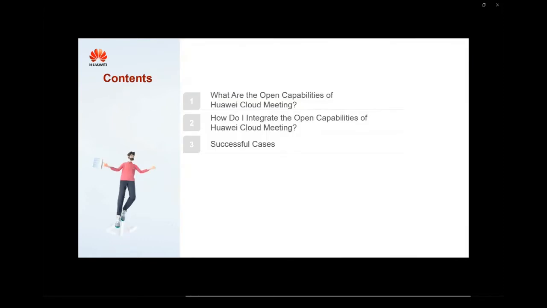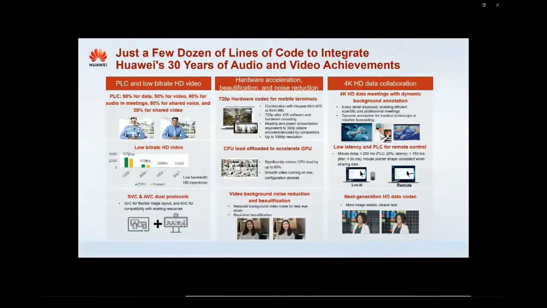As an intelligent collaboration platform for communication, Huawei Cloud Meeting has gradually become an essential tool for enterprises, which has the following key technical capabilities. First of all, we have industry-leading packet loss resistant HD video technologies to help our clients enjoy an HD video meeting experience with the lowest bandwidth occupied to cope with various extreme networking.